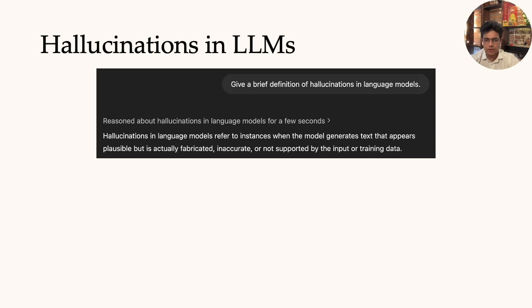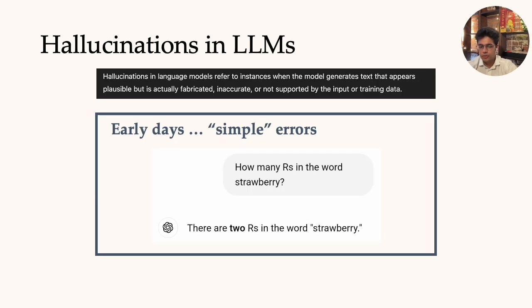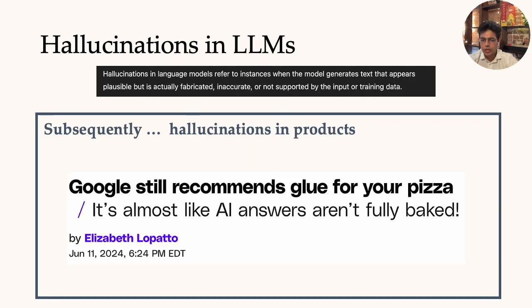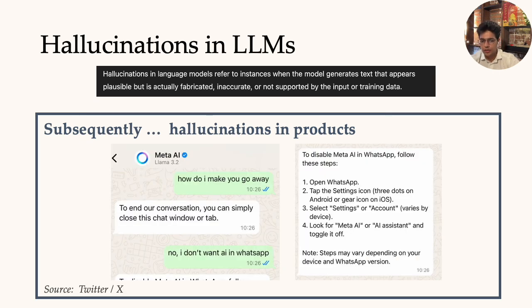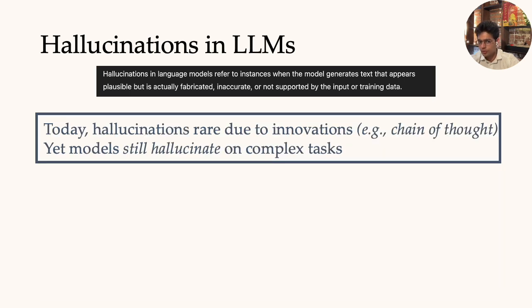Perhaps the biggest issue facing LLMs today is hallucinations. Broadly interpreted, by hallucinations I mean a language model outputting a string that is outside of the set of things we want it to output, or in other words, outside of the language that we want the model to be generating. In the early days, models used to make simple errors. Today, the models are much more sophisticated and much better, but they still sometimes lead to hallucinations in products, especially in contexts where it's not feasible to deploy state-of-the-art models.